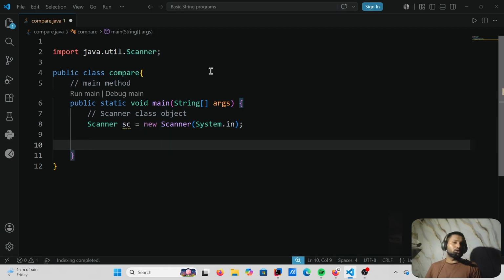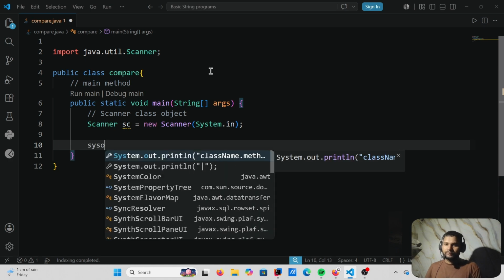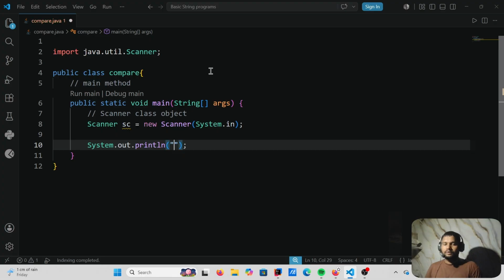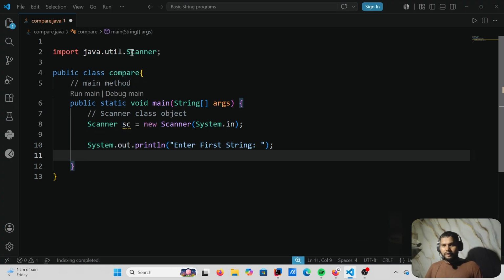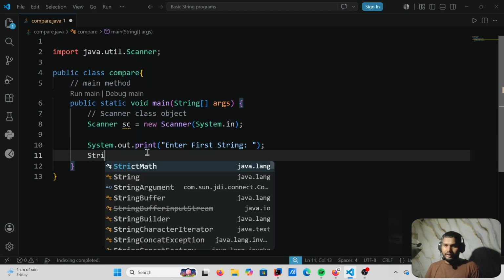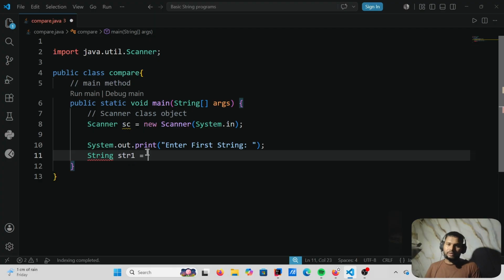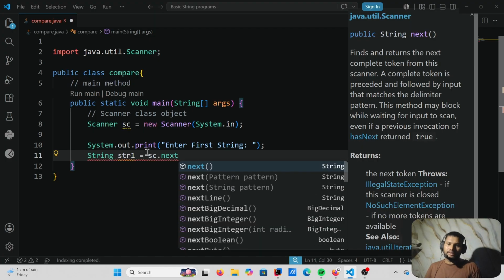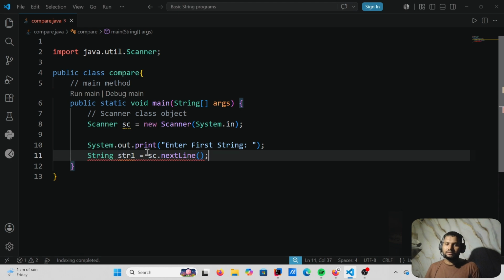Okay, now let's take two strings to compare them. First write System.out.println, enter first string. Then plus, sorry, and we should remove this ln also. Then take String str1 equal to sc.nextLine();